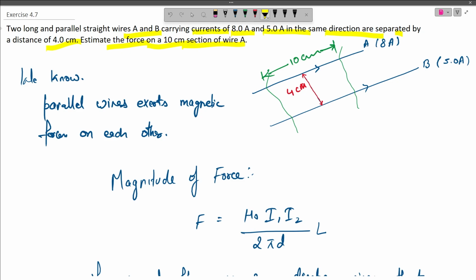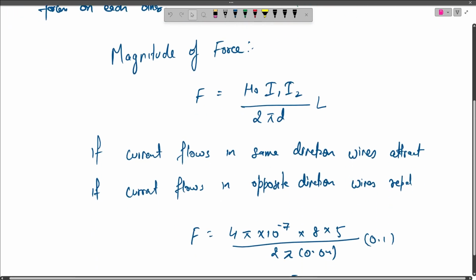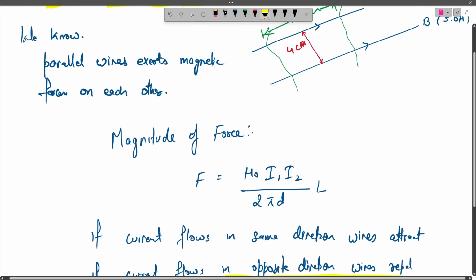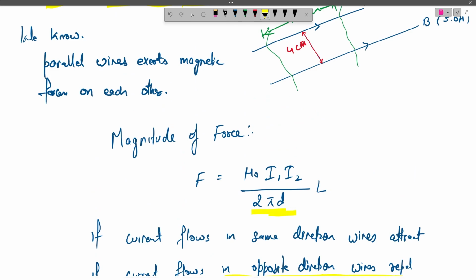We know that parallel wires carrying currents exert magnetic forces on each other due to the interaction of their magnetic fields, and the direction of force is given like if the current in the wires is along the same direction, then the force will be attractive in nature, and if the current flows in opposite direction, then the wires will repel each other. Now the magnitude of this magnetic force is given by mu naught I1 I2 L by 2 pi d,